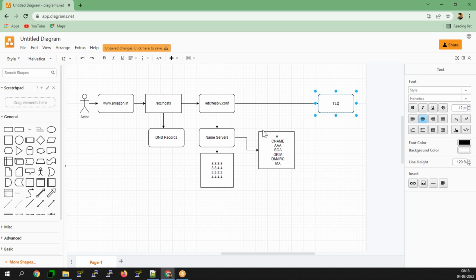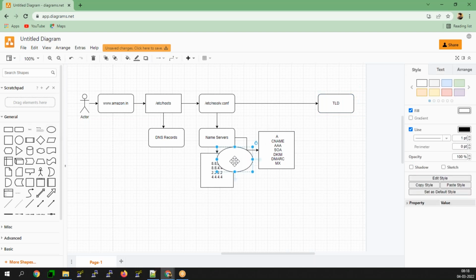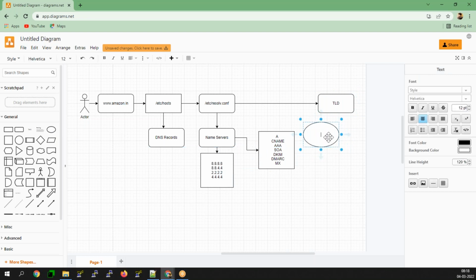What is meant by top level domains? The top level domain is something like .com, .org and .co.in.